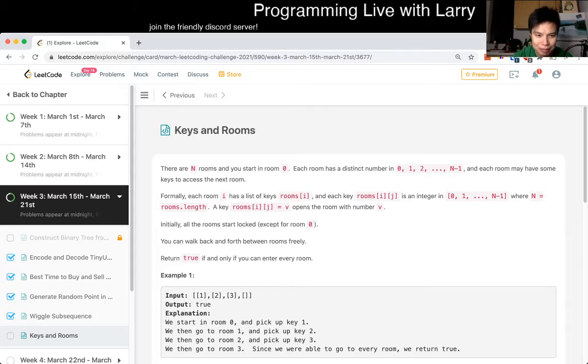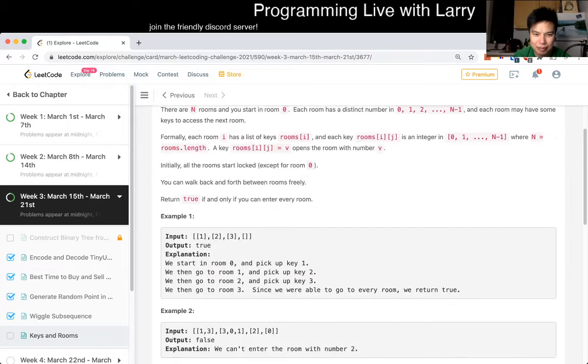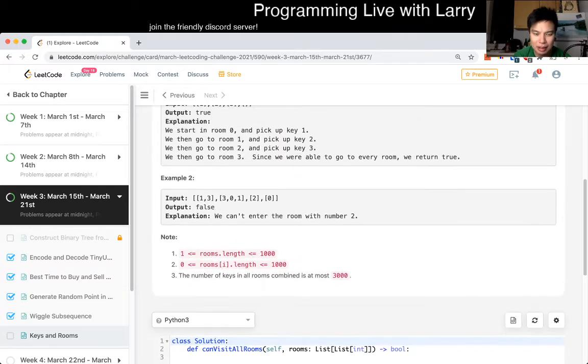And let's see. Okay, there are n rooms and you're at room 0. There's some numbers. Each room has keys. Return true if you can enter every room. Okay. So it seems like,